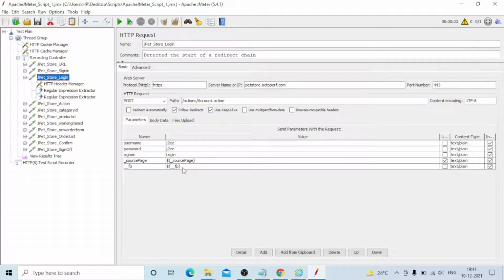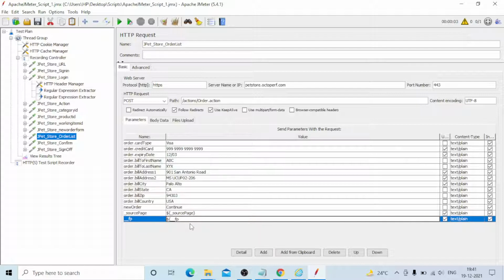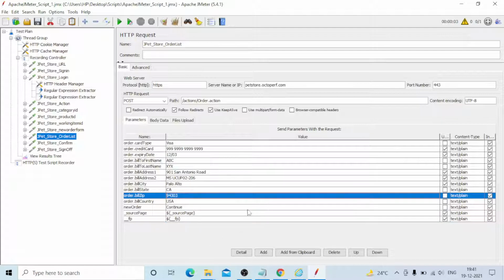And go to login page. In login page also you need to take that one, go to order list. Okay, it's done. The correlation side, both dollar will complete it. Okay, now you need to give the page verification. After that you need to give